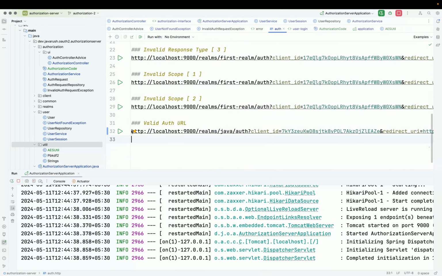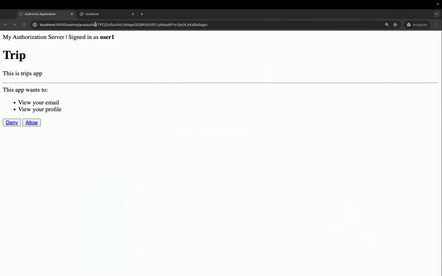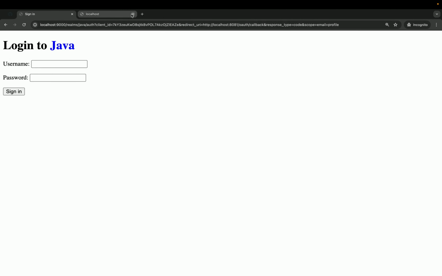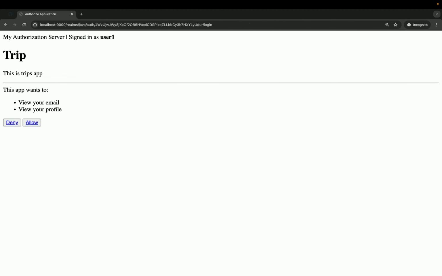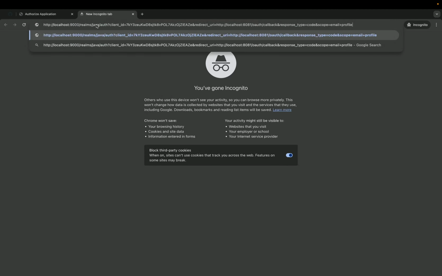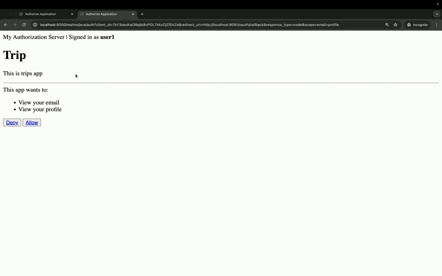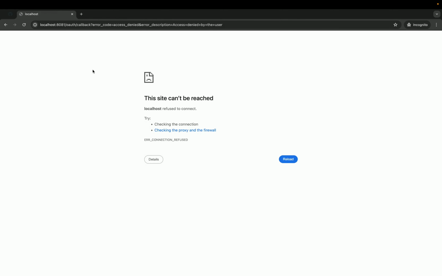Let's copy this URL here, copy it, and I will paste it here. It's asking us to log in. So let's log in with user1 and pass1, and let's first click on deny, or here let's open that in new tab. Here also it is asking us to either allow or deny. So let's click on deny here. So it has been denied, and